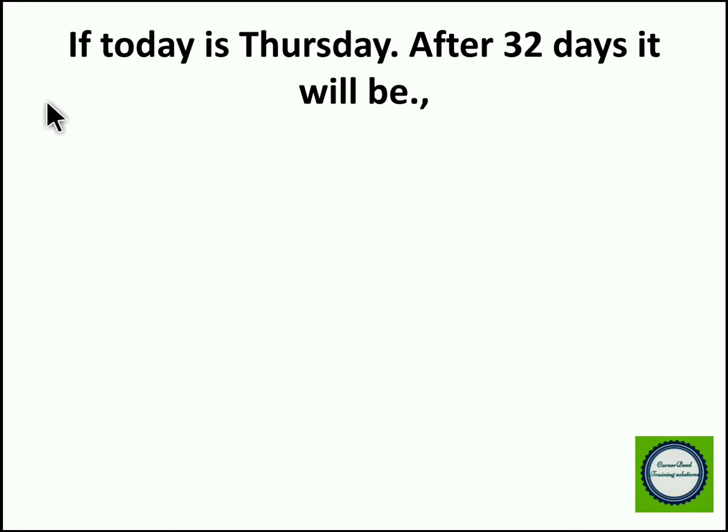Now what is an odd day? For example, if you take 10 days, in 10 consecutive days you have one complete week as well as 3 extra days. We can call these 3 extra days odd days. If you add 4 consecutive days to these 3 days, you get 7 days, so you have another week. 1 plus 1, you have 2 weeks in total. So in 14 days, you don't have any odd days, right? In this way, you can easily calculate odd days.